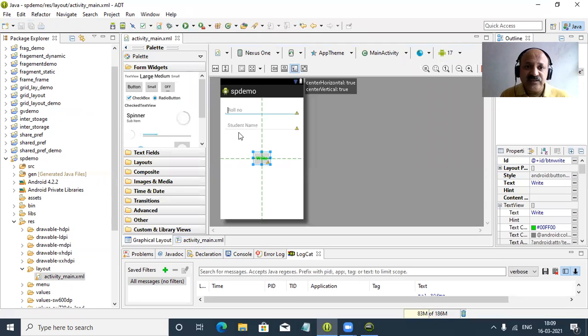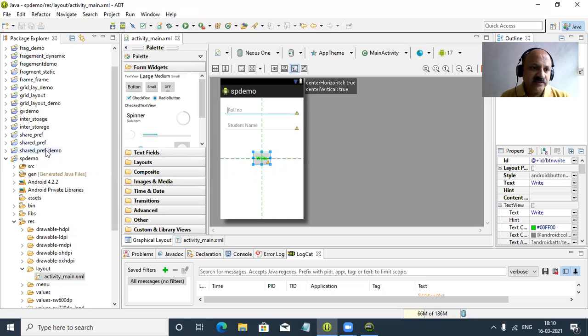Perfect. We have only two fields of information to write in the XML file using shared preference, and that is a technique of the file storage API. You can say option, method, and technique. And we can write only primitive data types like integer, float, double, long, string, boolean, all those data types. And we can use the SharedPreferences class and Editor class. So two classes we have to use, and the Context class is also used in this session. So that is the mode of the Context class.